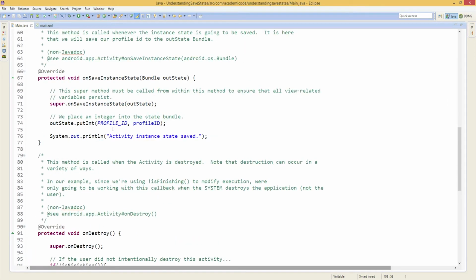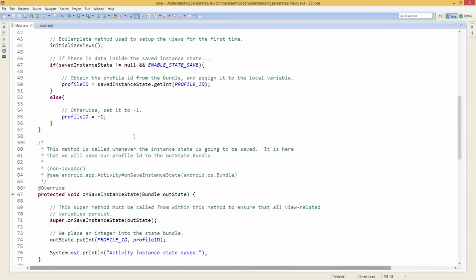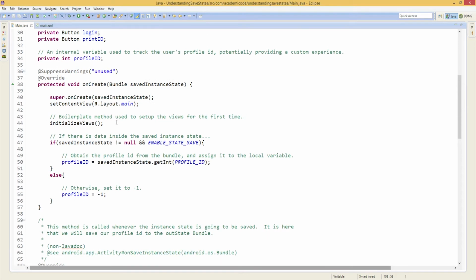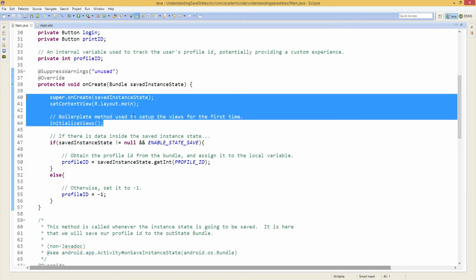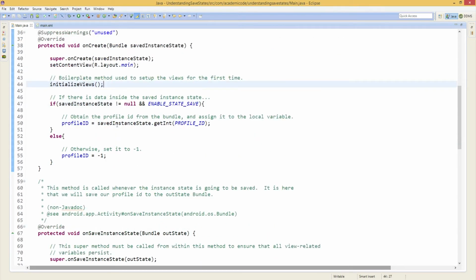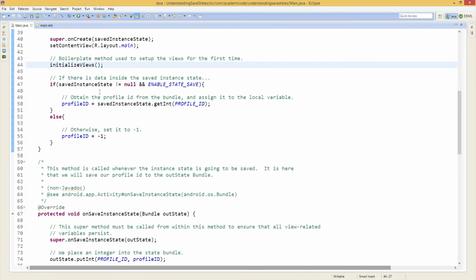And then we simply print out to the console that the activity instance state was saved. So after we have saved the instance state, we need to retrieve it somehow, and that's done in onCreate. After we initialize the views and do all the boilerplate code, we simply come down here, we check to make sure that the instance state is not null, and we also